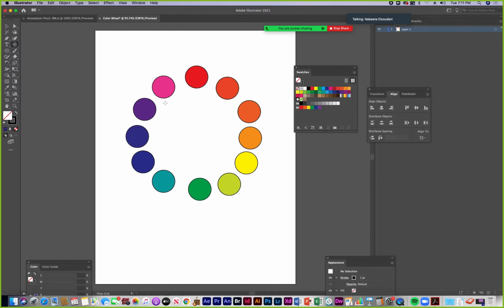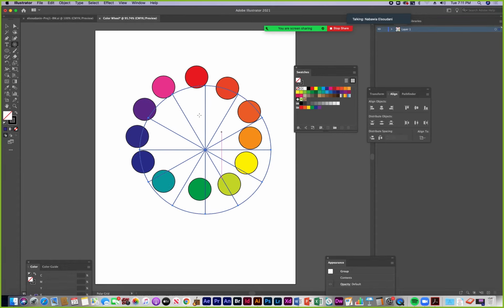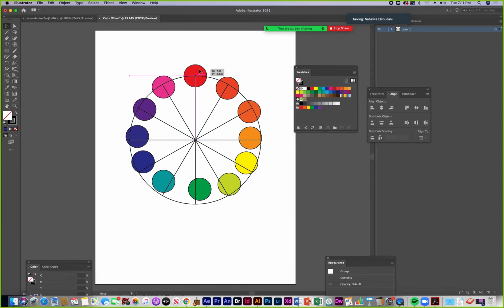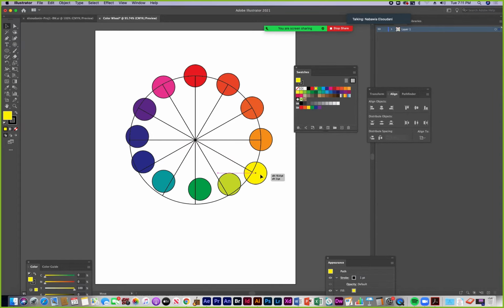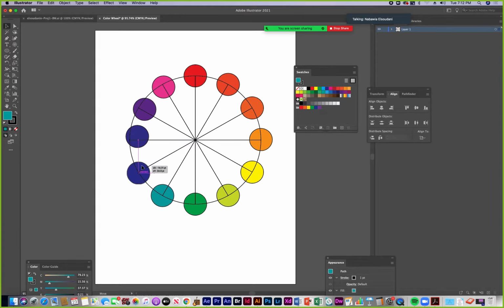I'm going to say okay, and then I'm going to hold shift to draw out a perfect circle, and then I can arrange these colors equally spaced around the color wheel by dragging the circle so that the center of each circle will snap to the intersecting lines on this polar grid that I've just created with the polar grid tool. And that's a nice way to have your objects equally spaced around a circular form.